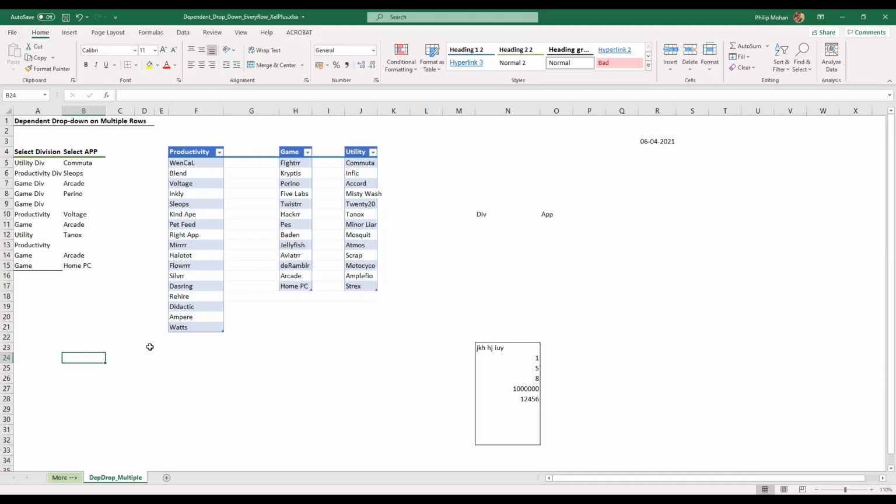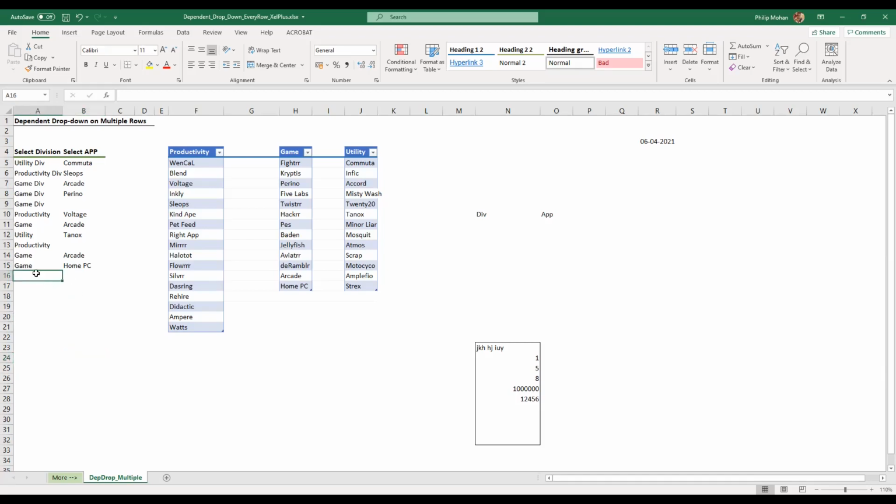Yeah, that's probably the last thing I want to teach in data validation. This kind of drop-down list where you might have to add new divisions or new apps or new whatever, okay? It's better to convert that into a table and you can actually even refer to the table, I think, when you do the, let me just see that, okay?